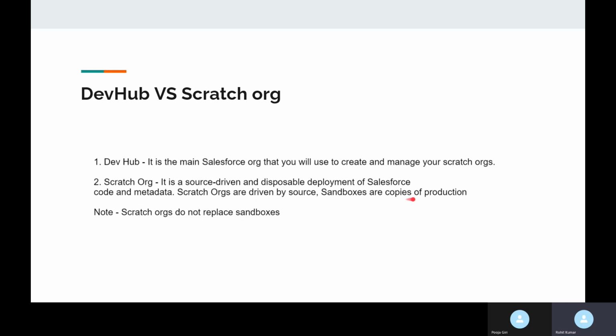Sandboxes are copies of production. You know sandboxes and types of sandboxes, Pooja? Yes, sir. The types of sandbox are partial sandbox, full copy sandbox, developer pro sandbox, and developer sandbox. Okay. And why are we using sandboxes in our org?